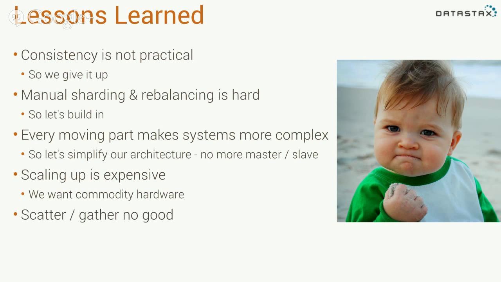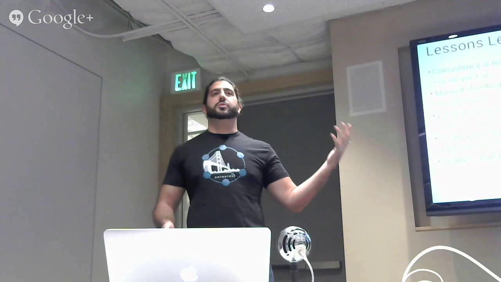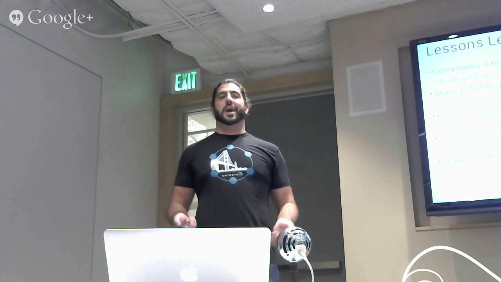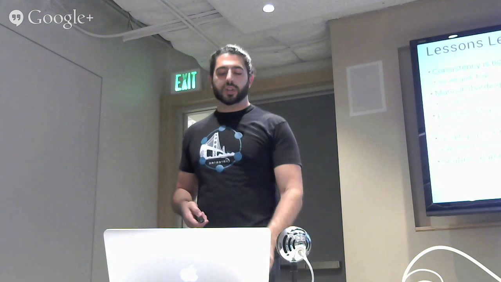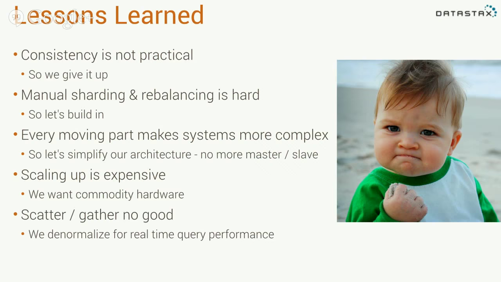And the other thing that we have here is our scatter-gather. This is those secondary index queries. We don't want to do querying every server. We just want to always hit one server. We want to hit one, let's say, partition on that server and be predictable, right? If we have an SLA to meet, we can't go query 100 servers at a time and get everything back and merge everything. It's unpredictable, so we don't want to do that. Right? We're going to denormalize. We're going to have great query performance.